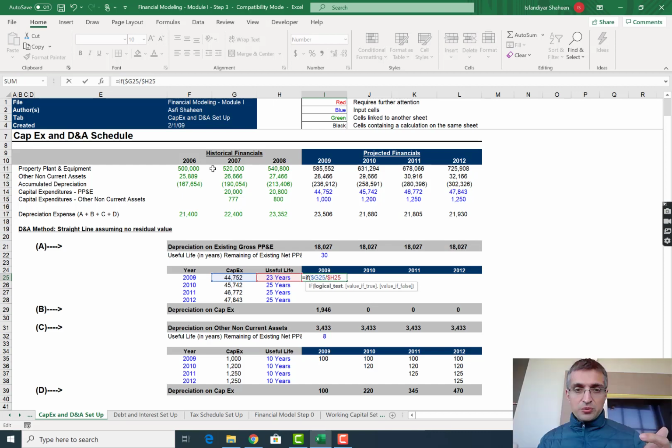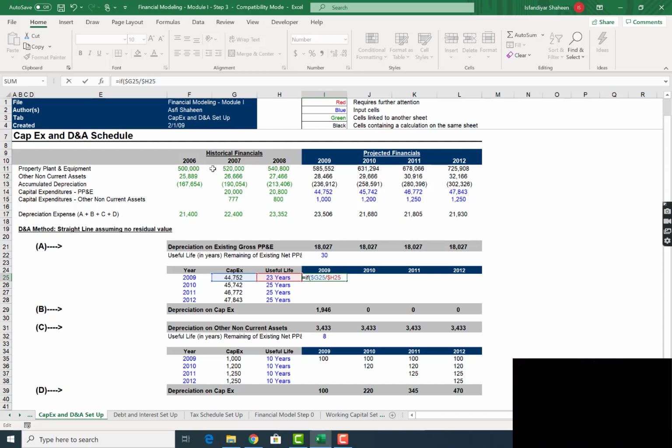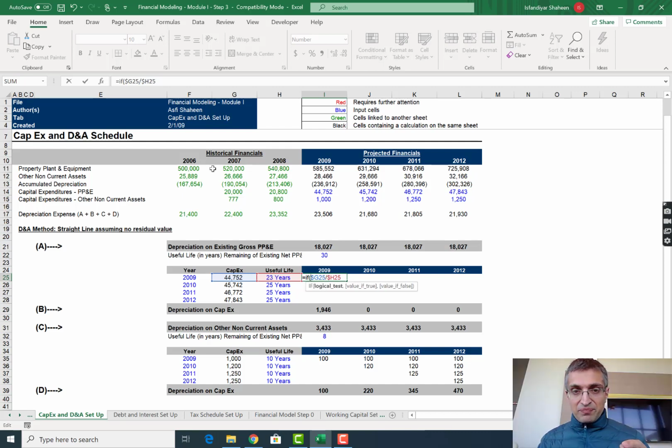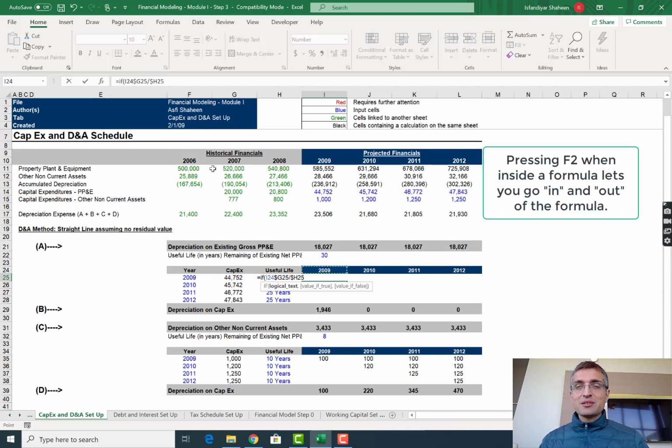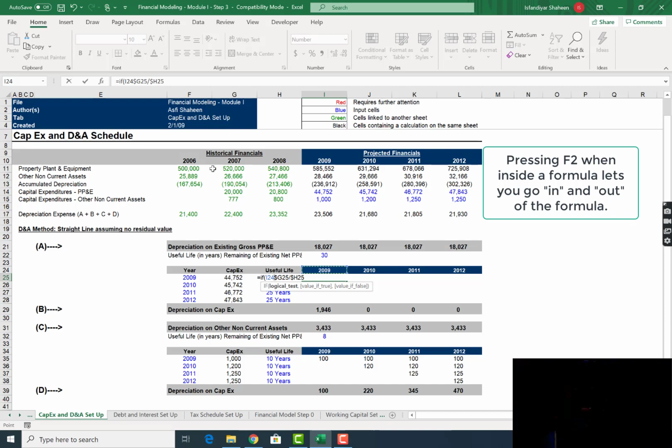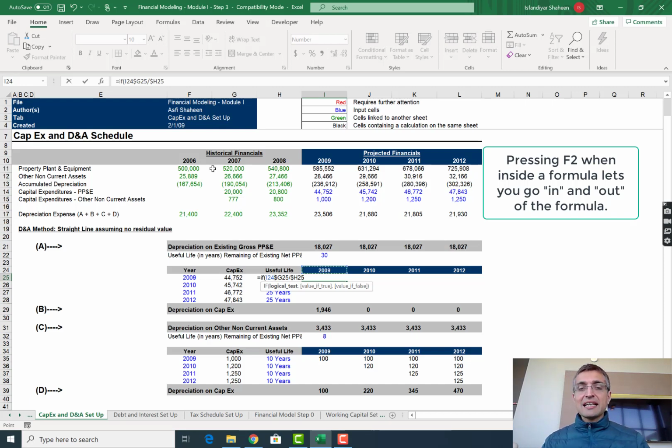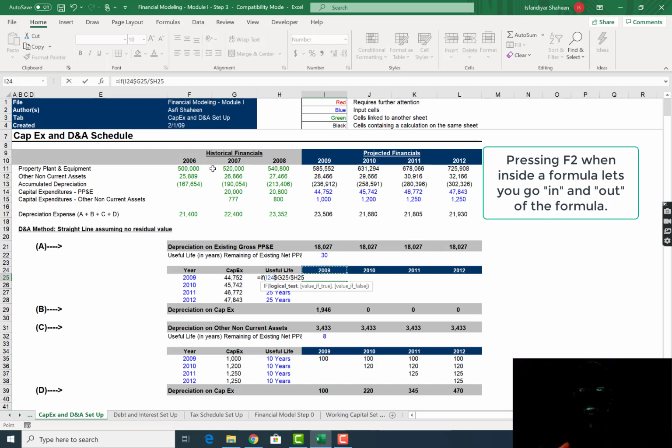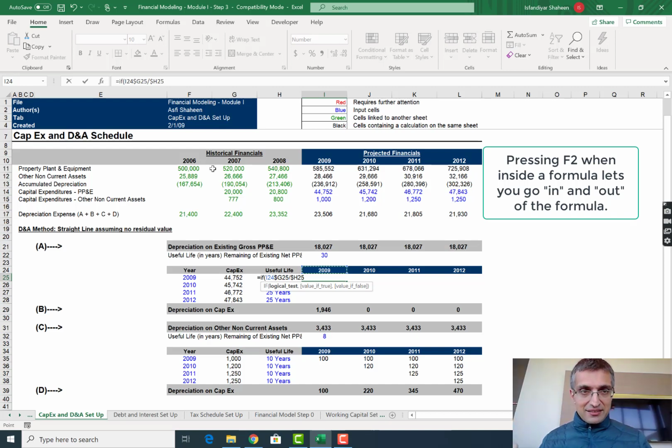And now I want to select cell I-24. At this stage, if I just press the up arrow key, it's not going to get out of this formula. For me to do that, I need to press F2 again, and that will help me get to the cursor. So F2 is, think of it like a toggle between moving your cursor within the formula or selecting another cell. So in this case, now I have toggled out of the formula bar and I've selected cell I-24,